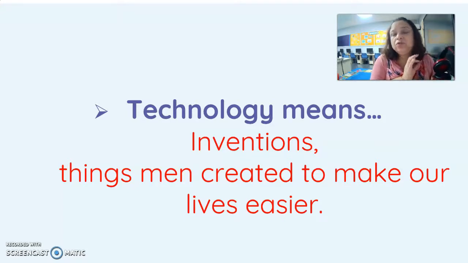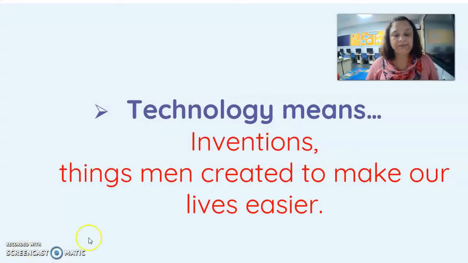So today we're just going to think about what technology is, only technology: things that are inventions of man to help us in our daily lives. It can be anything that is not done by Allah, not done by God, but made by man. For example, my hand is made by God, so my hand is not technology. My hand is something that only God could create. It's very special.